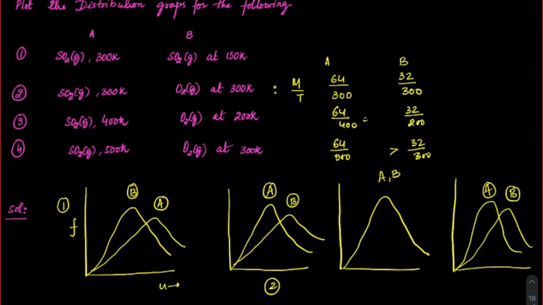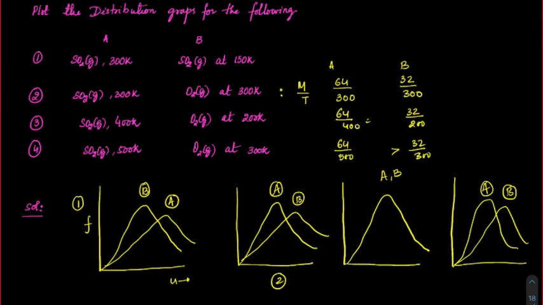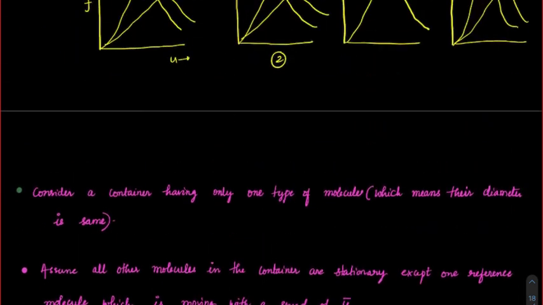So I hope the distribution graphs are clear, guys. This is one typical area which has been focused on in JEE, so you should be able to plot these graphs. In NCERT there is no direct formula given, but once you know the formula, deriving all of these terms becomes very easy. I hope you understood Maxwell-Boltzmann's curve. These are the types of questions that will be asked.